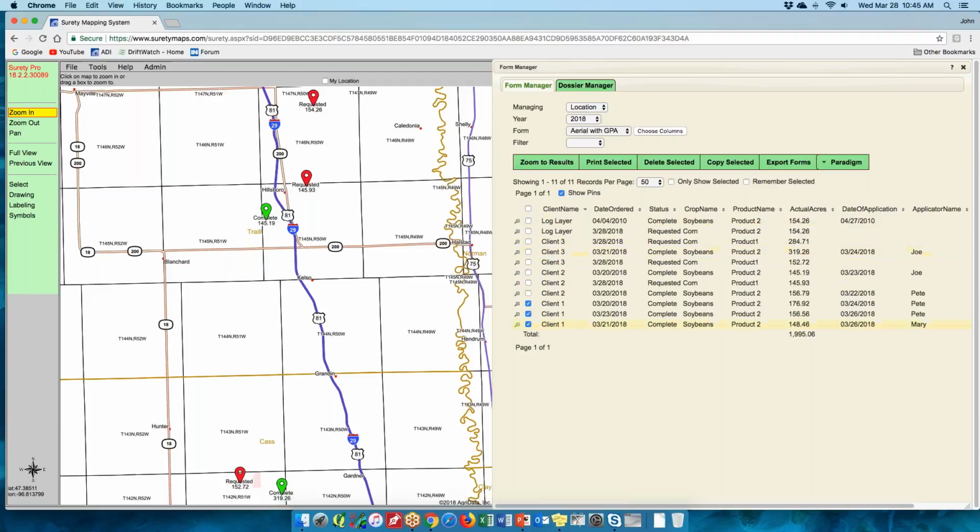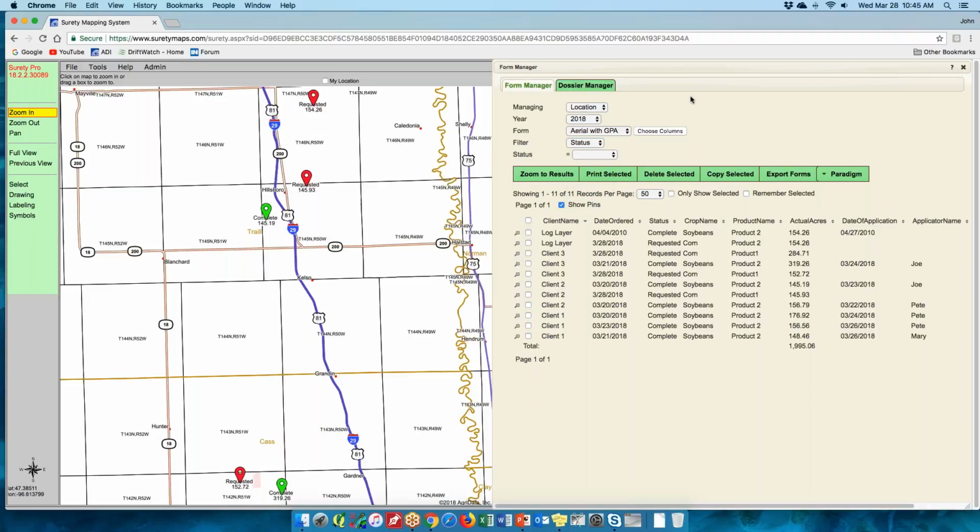And so Form Manager is where you're going to manage all those forms, and especially when it starts to get very busy. Again, you can manage by location, company. If you have the client selected, you will then have the client option here also, and it would just show only forms associated with that client. So